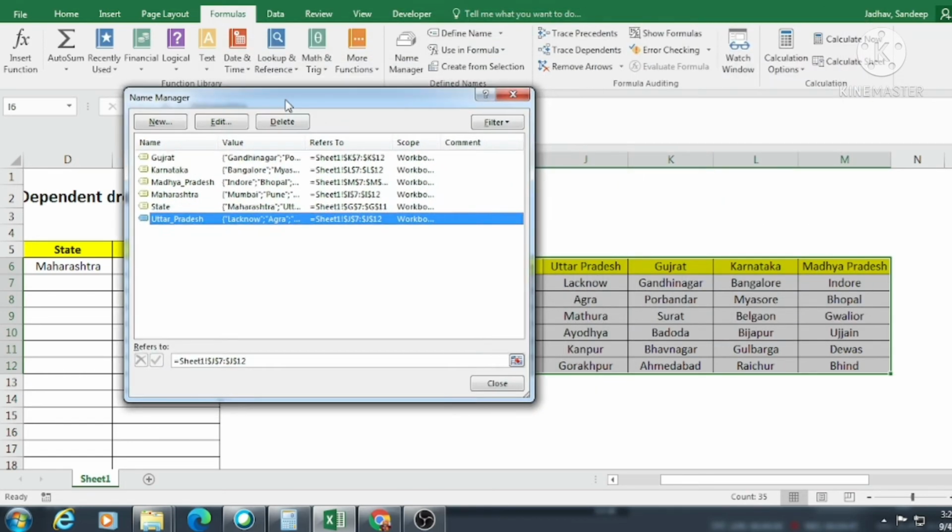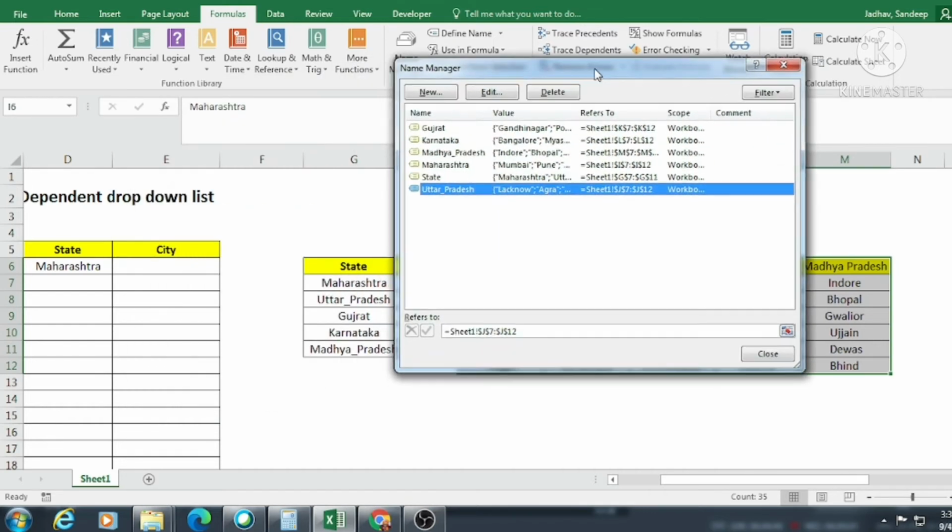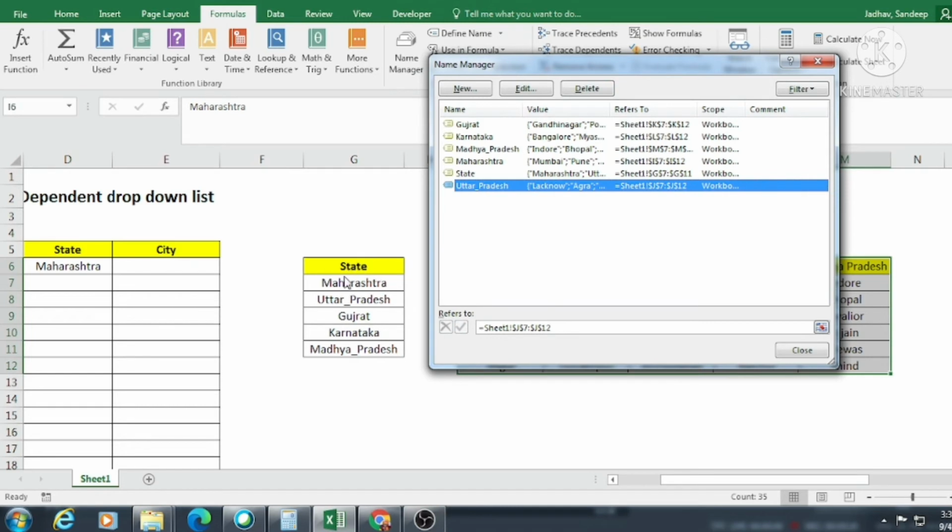in this case, if you see, I have not written an underscore in this particular name Uttar Pradesh, but Excel has taken an underscore by default, because whenever a list name is created, the list name cannot have a space. If there is a space, Excel will automatically convert it to an underscore, and that is the reason whenever we created this state list for the first drop down, which is the main drop down, in that list we have put the underscore, because this list and the names of our